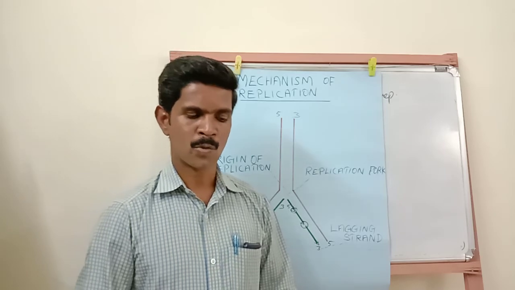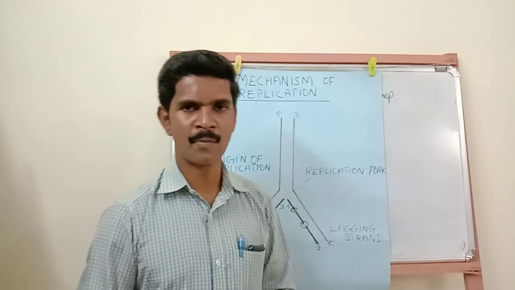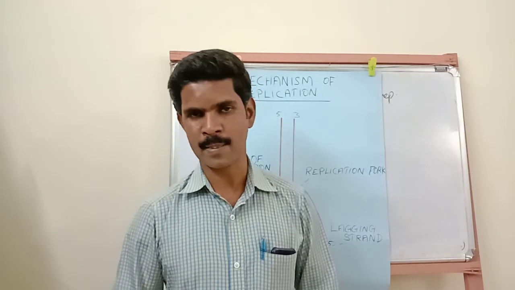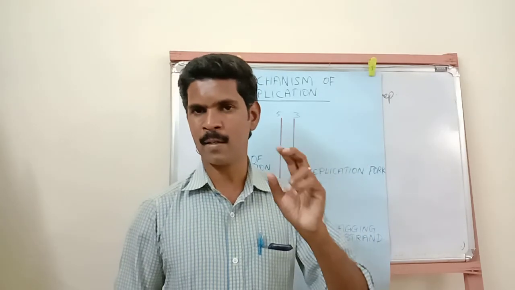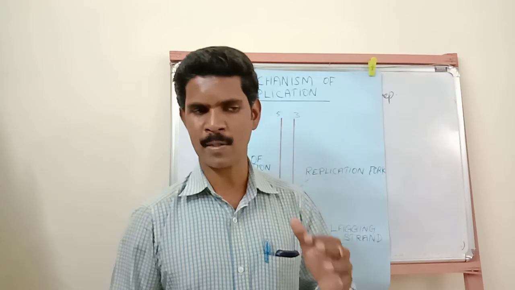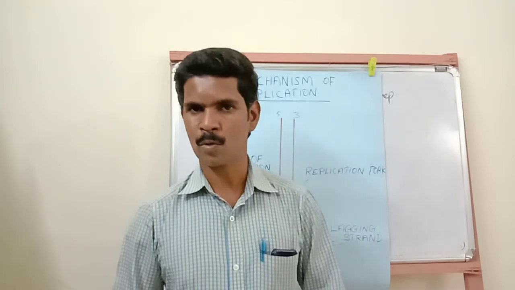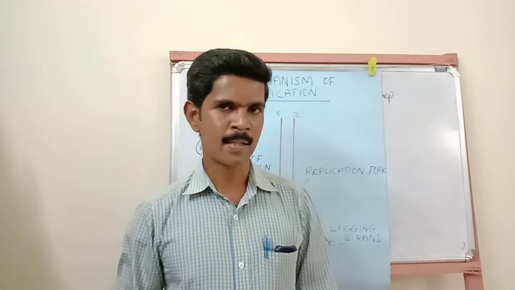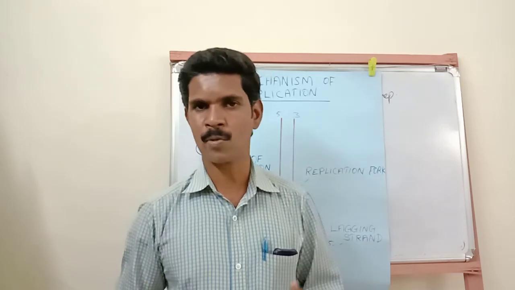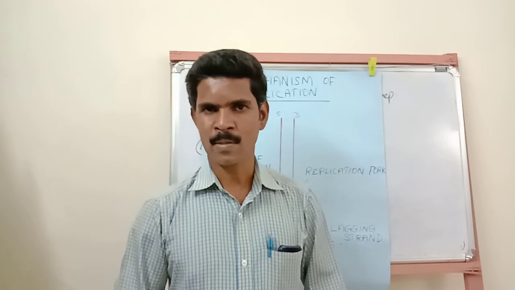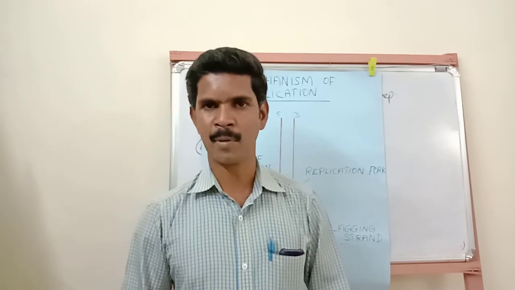Understand, my dear students? Today we have completed one important 5-mark question, DNA replication. And first I said there are 3 types of replication process: conservative, dispersive and semi-conservative. These are 2-mark questions. So study thoroughly. In the last class also, many students sent the answer to me. I really appreciate you. Today also study these questions. It's a very important 5-mark question.